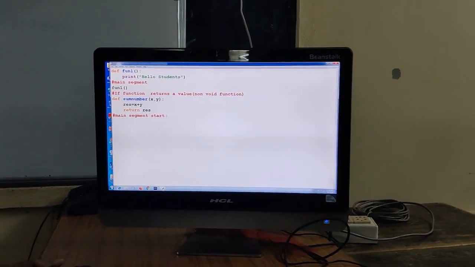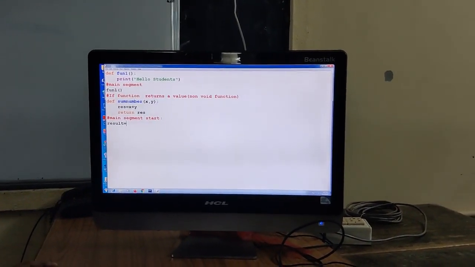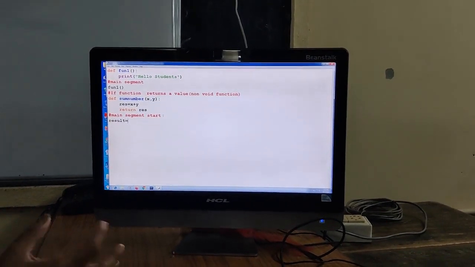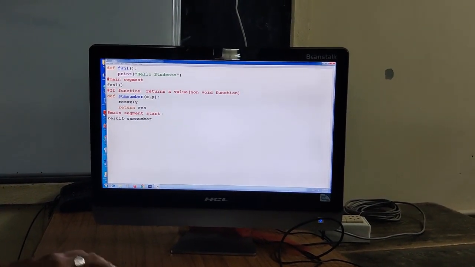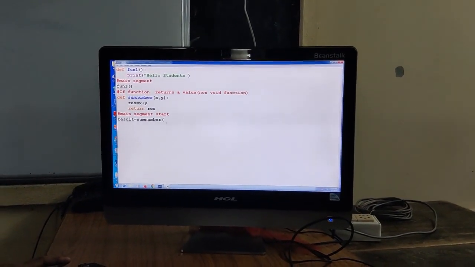For example, here I have defined the result variable and I have to write the calling part. So how will I write? My function name is sumnumber, and here you have to pass two values, or two variables or expressions also.